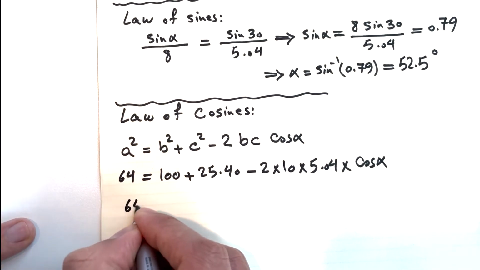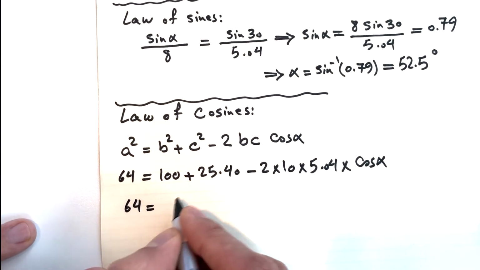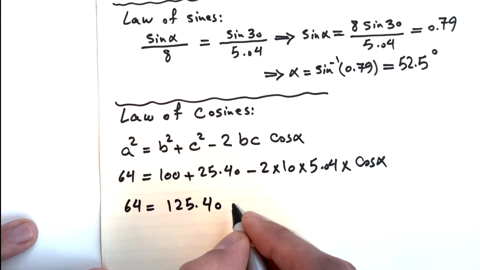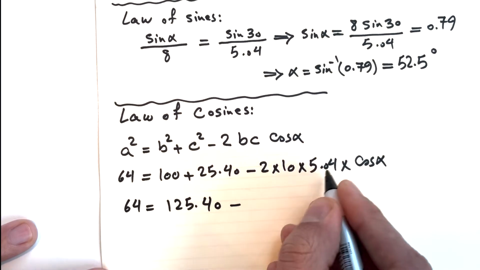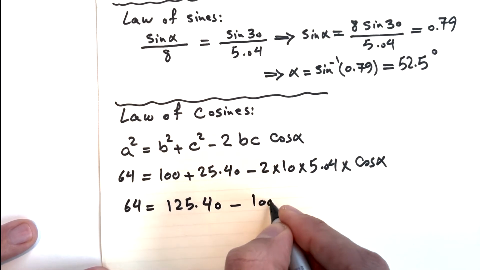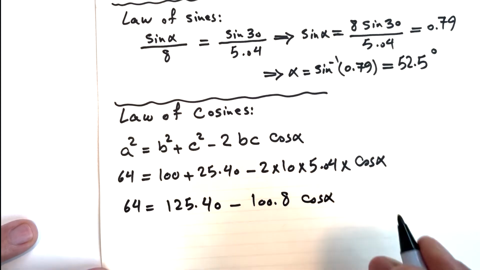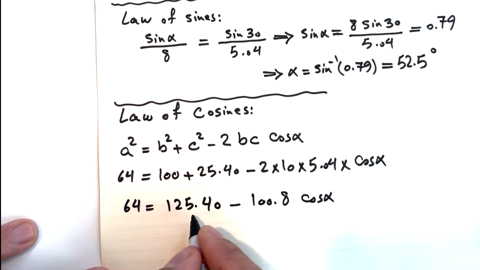And this means 64 is equal to 125.40 minus, if you calculate this, it will be 100.8 cosine alpha,